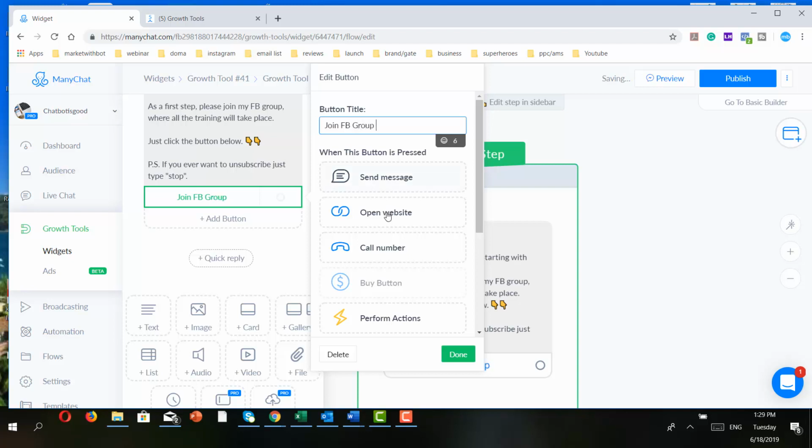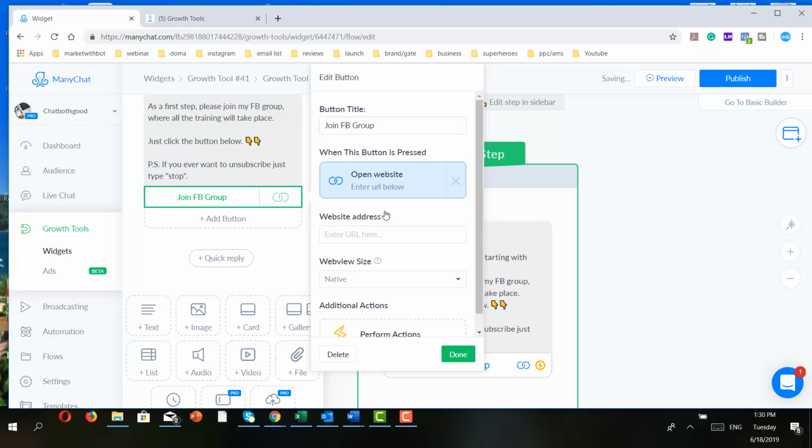And in this case, it makes sense. As you can see, you can choose what to do after that when people click on that button. In this case, it makes sense to actually take them to the Facebook group. So I would just write, take the Facebook group